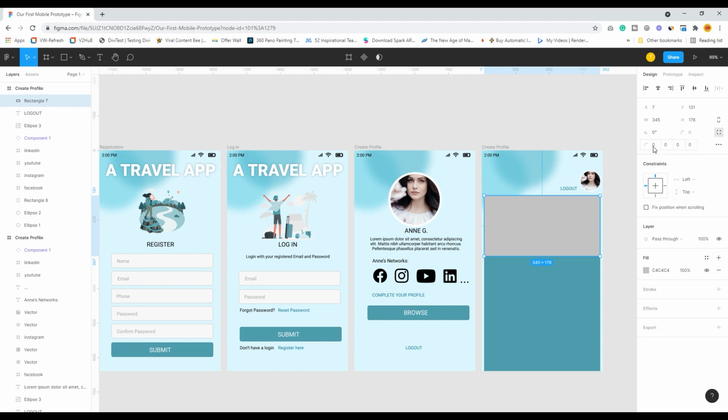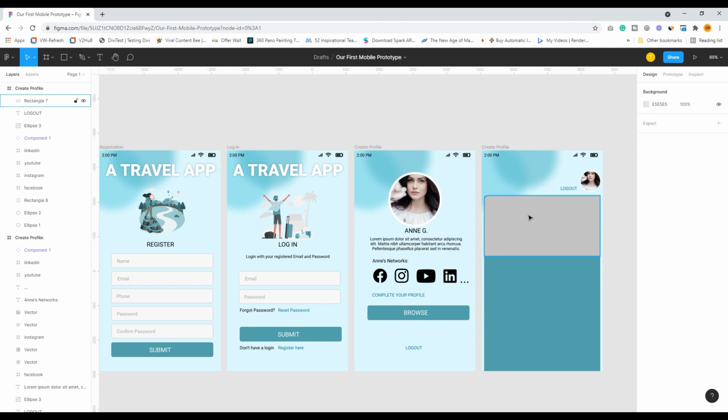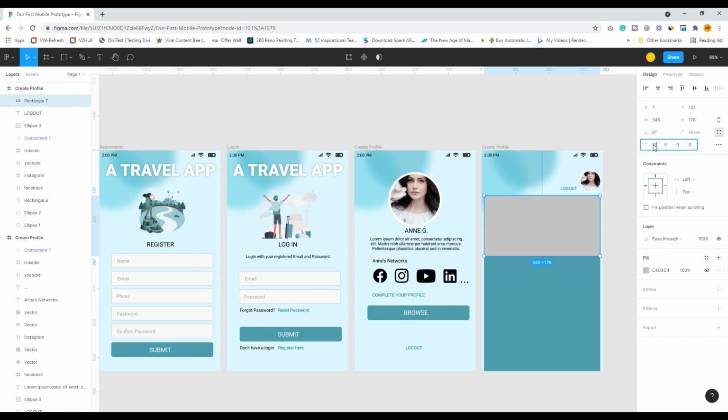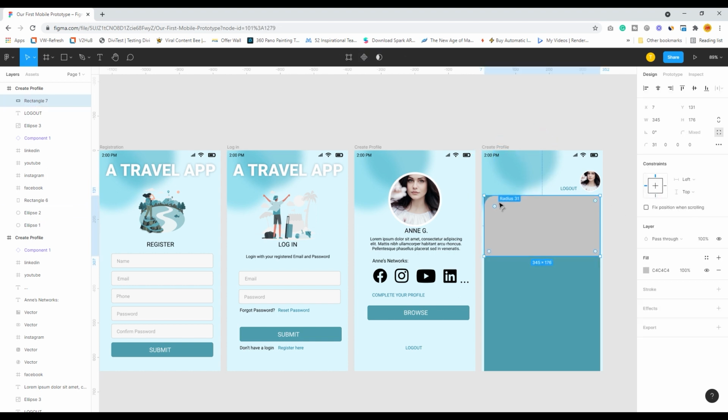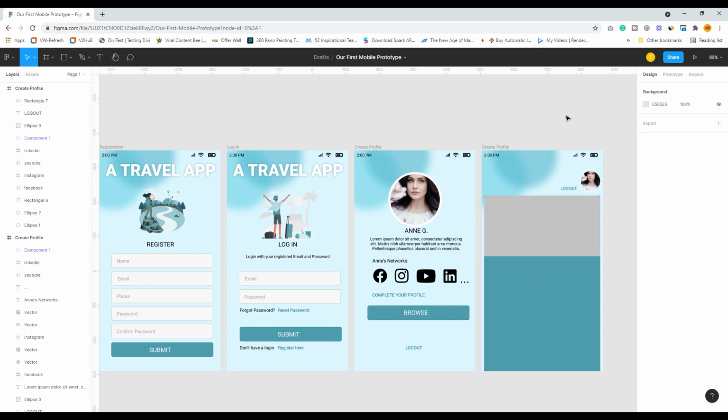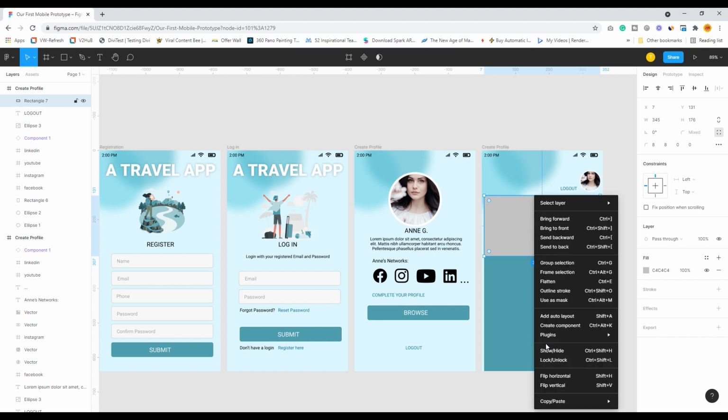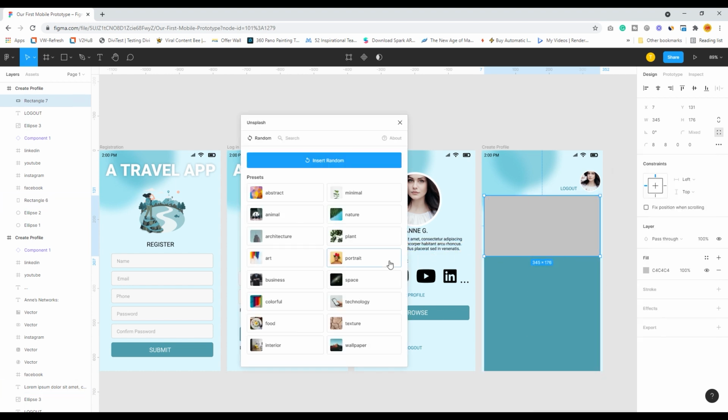But over here I will only click the top, and I will right click on it, go to plugin, take Unsplash, and now I require some nature image.